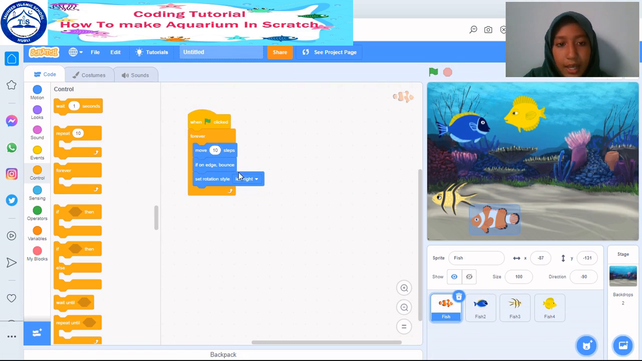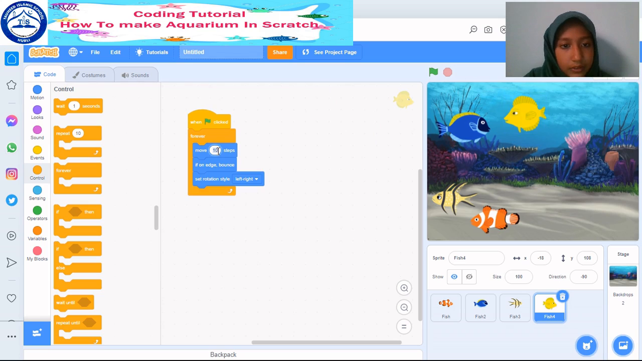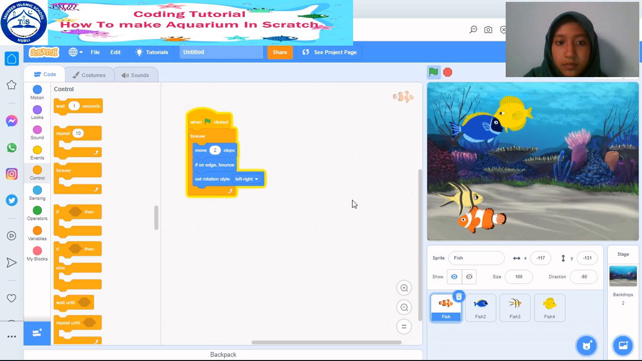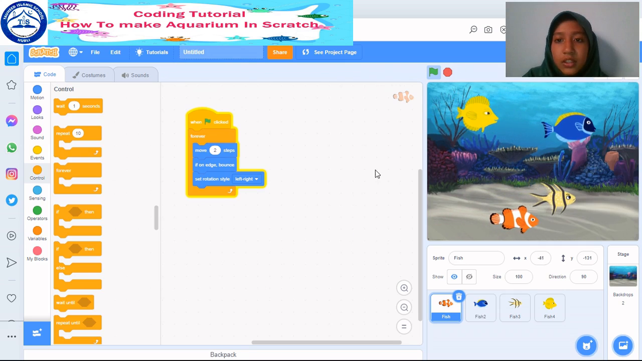Now add to this fish 2 and add to this fish. So now let's see. These fishes are going slow. So